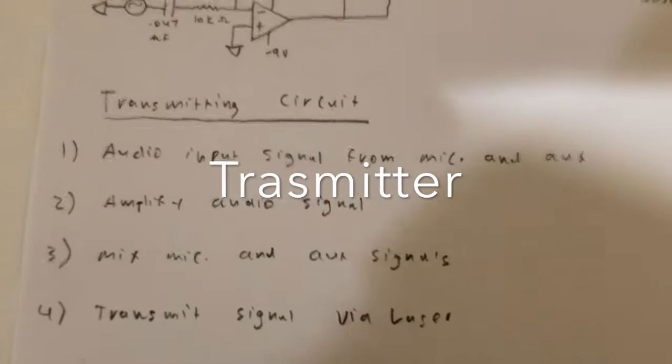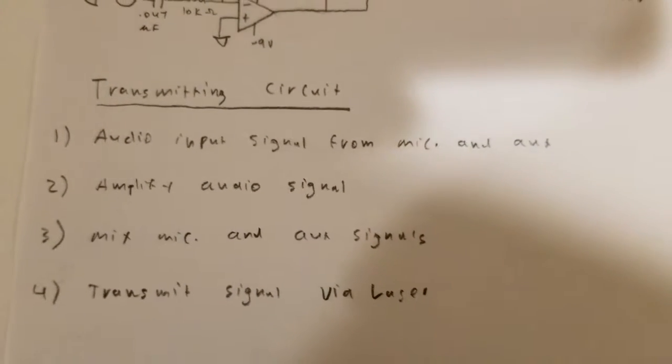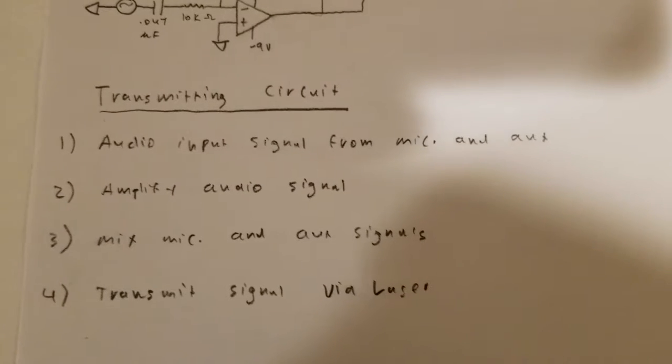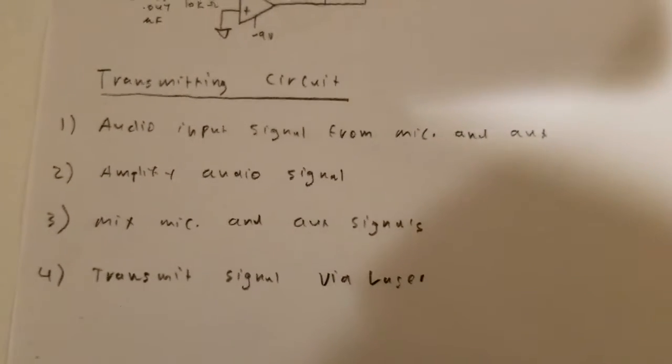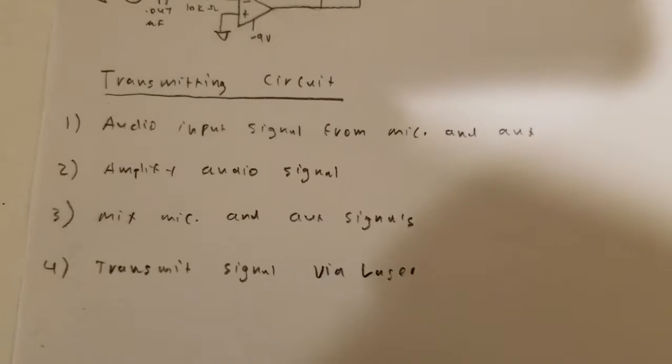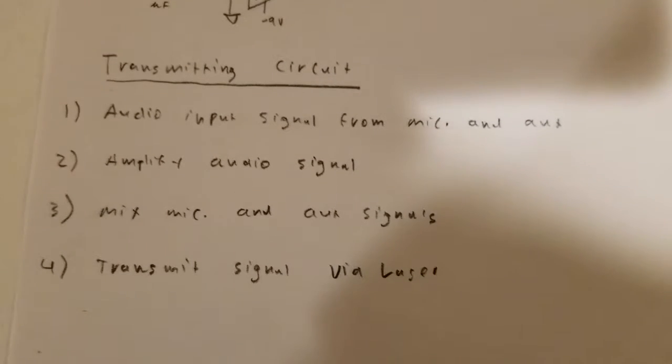So the first part of the circuit was the transmitting circuit, which basically allowed for the audio input of different audio signals from a microphone and an aux cable. The aux cable was usually connected to a computer that was playing some sort of sound or a phone that was playing something from Spotify, and then take those audio signals and amplify them to make them a little louder,